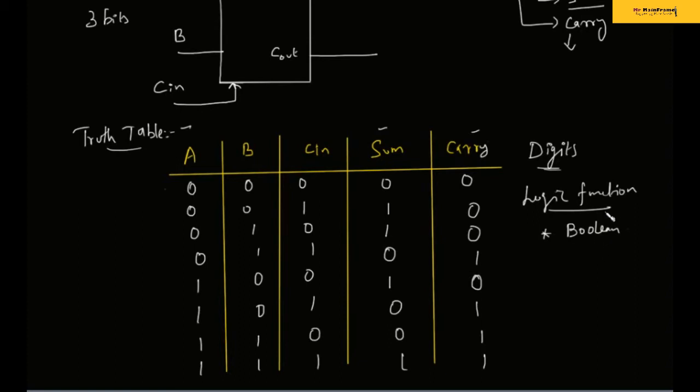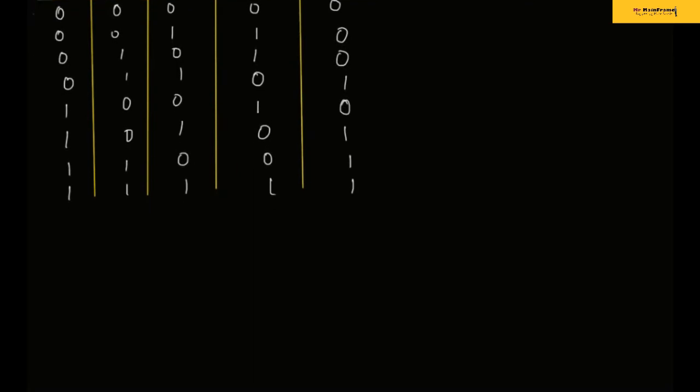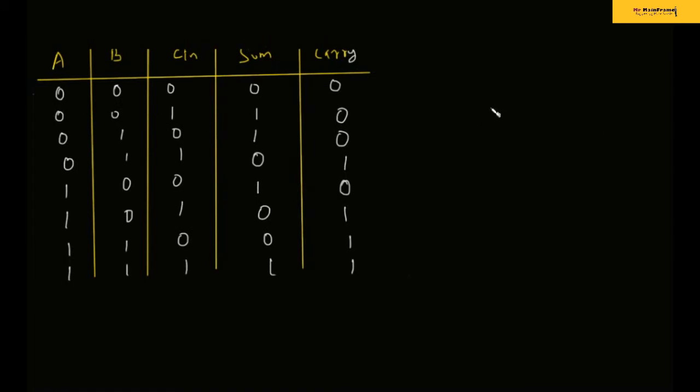So if you want to derive a circuit, you need an equation. So we need equations for sum and we need equations for carry. For that purpose, we can use K-maps. You can use K-maps for sum and carry individually, and from the K-maps you can derive an expression for both sum and carry. Let's see how we can do this, and with this expression we can derive a logic circuit. So now we can derive the expression for sum. This is the truth table. I just copied this and pasted here.